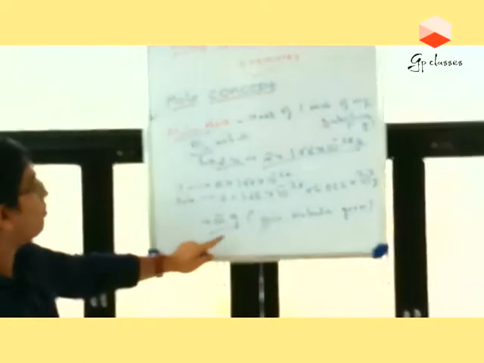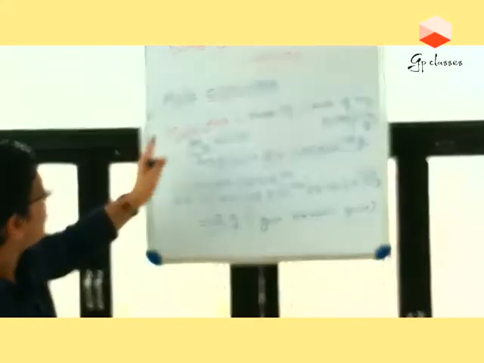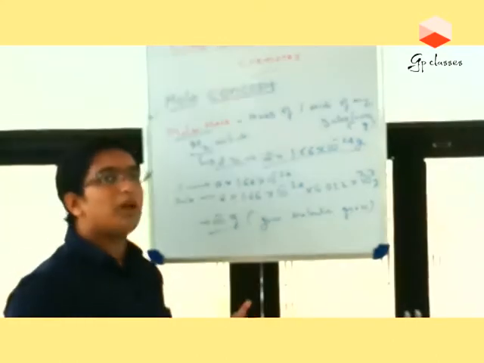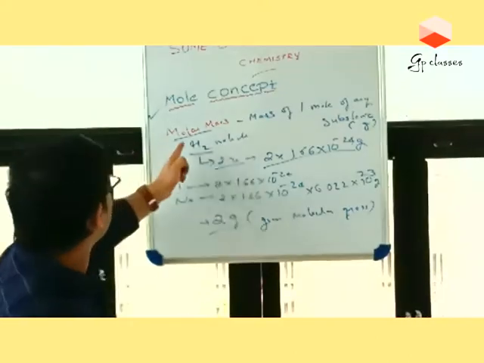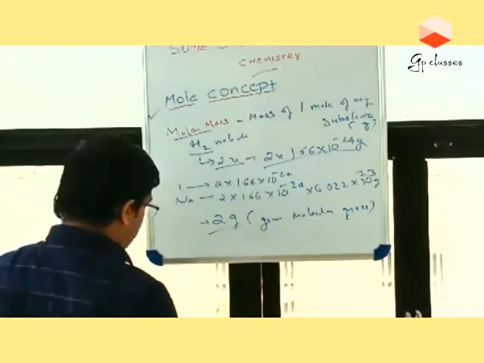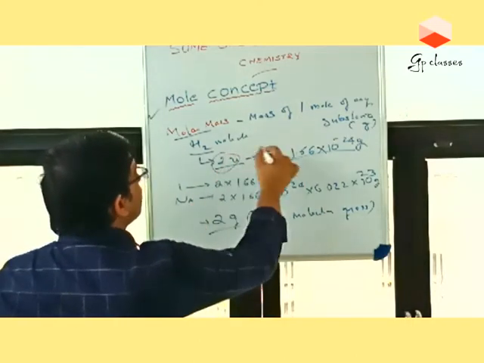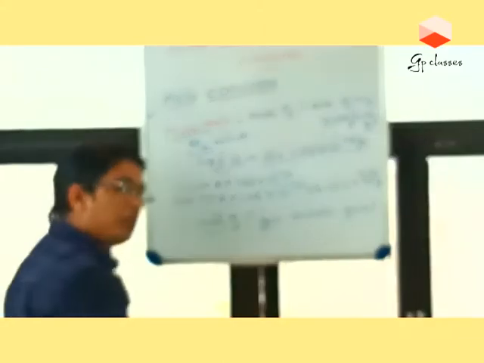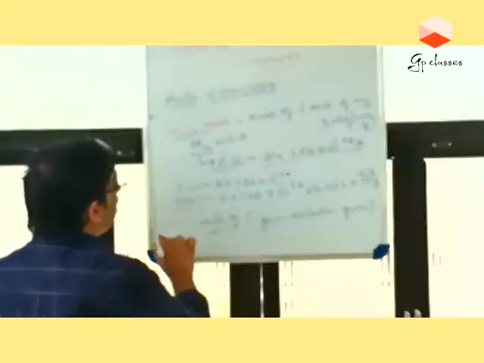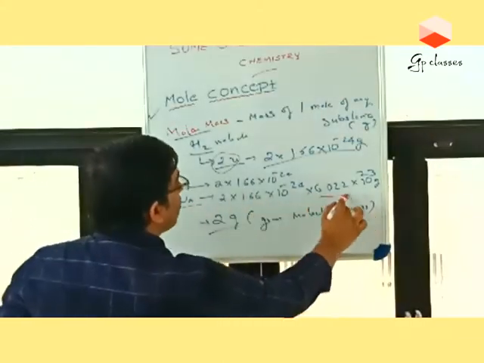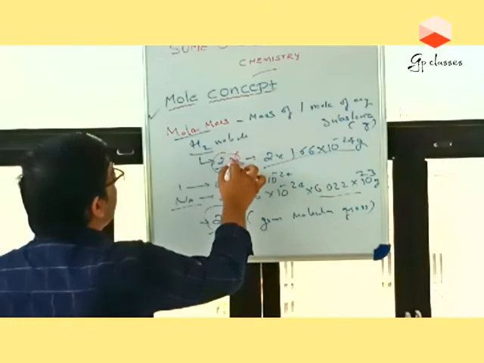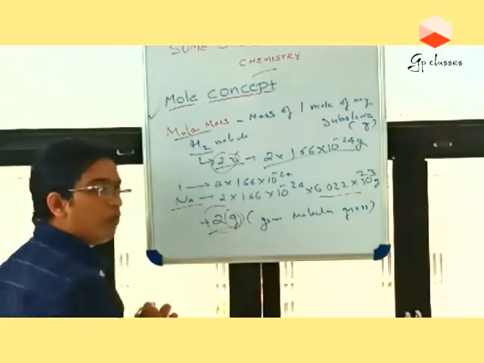So how do we find molar mass? Molar mass is the mass of Avogadro number of particles in the unit gram. For the hydrogen molecule, the usual mass is 2 u, which we can write as 2 into 1.66 into 10 raised to minus 24 grams. For any number of particles, we multiply by the Avogadro number, so you get 2 grams. Basically, you can change u to g and you will get the molar mass.